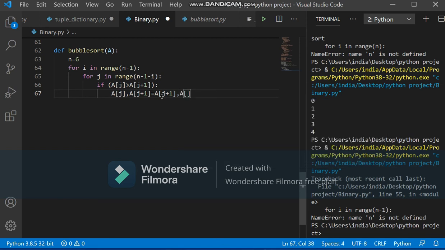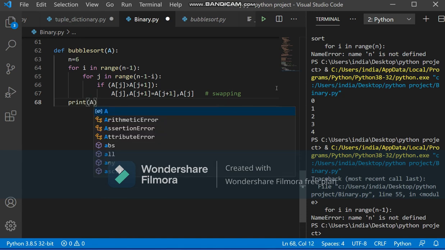That means 0 index and 1 index, we want to shift the 1 index value to 0 index, and this process is called swapping. At 0 position, the value next to that, and at 1 index, we need the 0 index value. Like this, we have to swap.